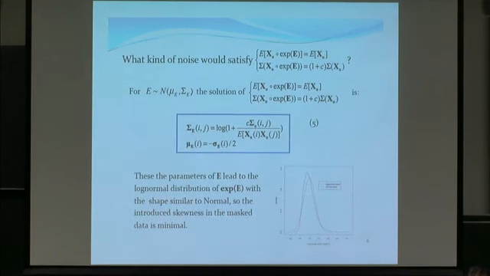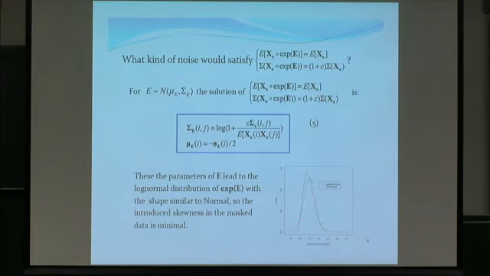Okay? And the last thing that I want to add here is what kind of noise would satisfy these conditions. So if we choose the distribution to be normal for the noise which is added to the log-transformed data, then it's possible to verify that the solution of this system of equations is given by expressions 5. So this is a normal noise with such a mean and such a covariance matrix. This is the ij element of the covariance matrix. So this noise actually has a particularity that it will lead to the log-normal distribution of the exponent of noise, with a shape which is quite similar to normal.